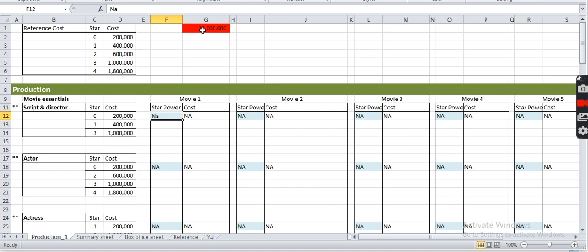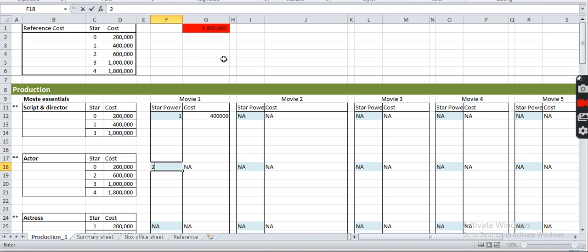Because I'm looking to make a low budget movie, I decide to take a 1-star script and director. So I press 1 here and automatically my cost will show. Then likewise I start punching in and making choices of what type of actor and actress categories that I want to use.